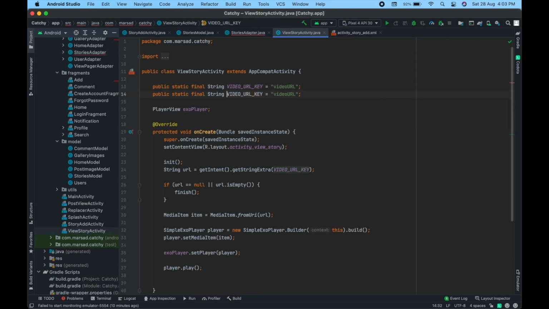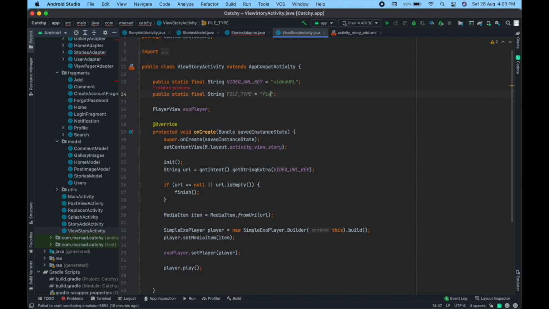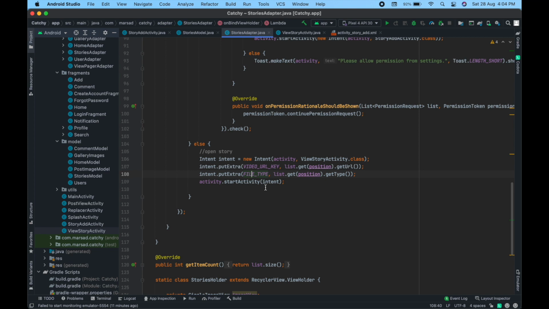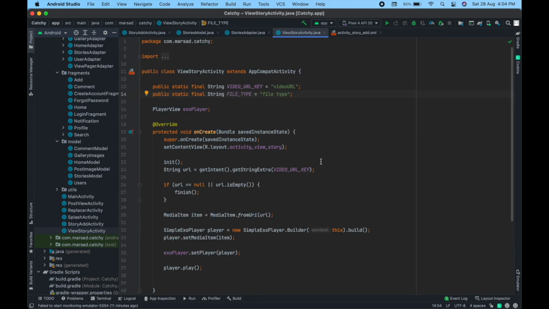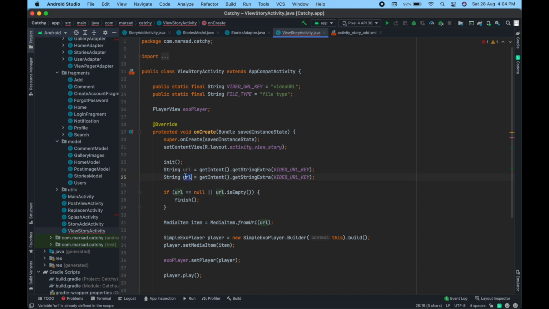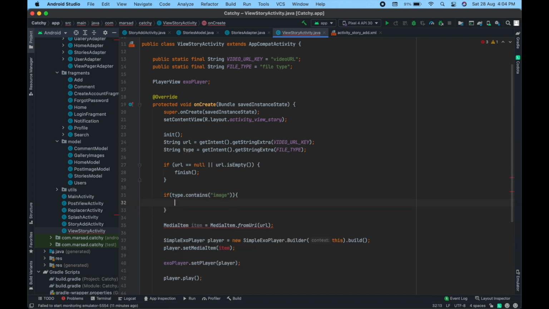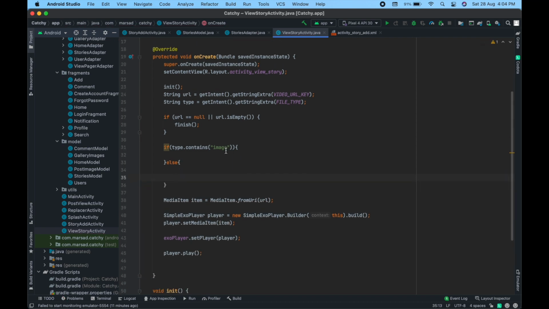and inside view story activity, here file type equal file type, and import this, import static constant, and here string type equal get intent dot get string extra file type, and after this if type equal type dot contains, we can use a type dot equals also, and here else,